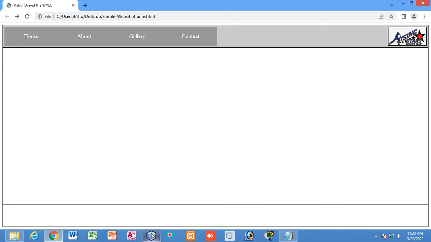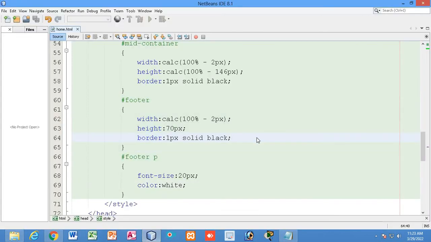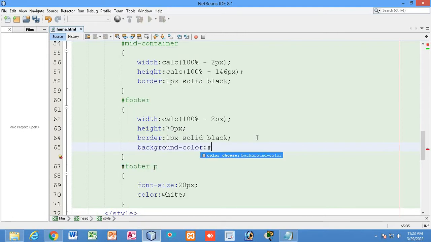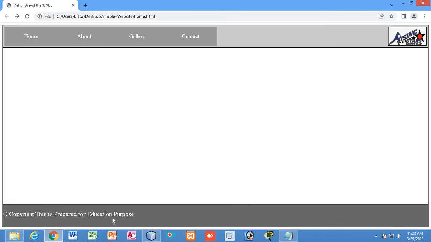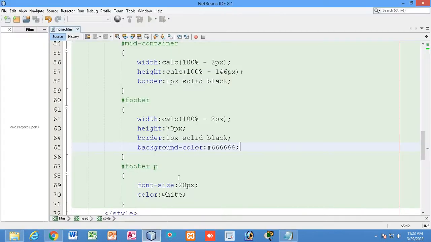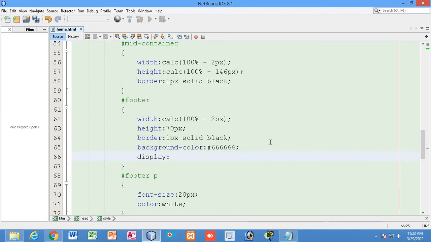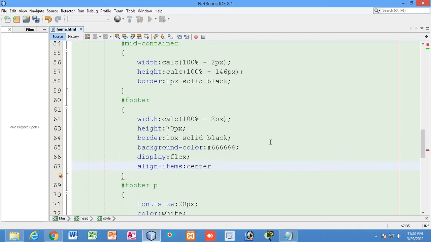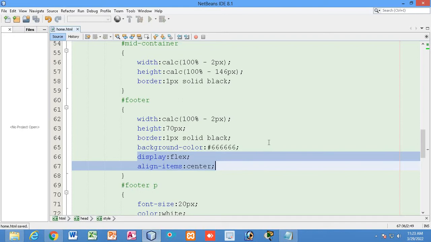So I will do one thing. I will give a footer background color. This will be the footer background color. Now you can see. Now I will get this at the center. To get it at the center, inside the footer I will simply write display: flex, align-items: center. If you write these two CSS properties and values, that is display flex, align-items center, this will automatically get this